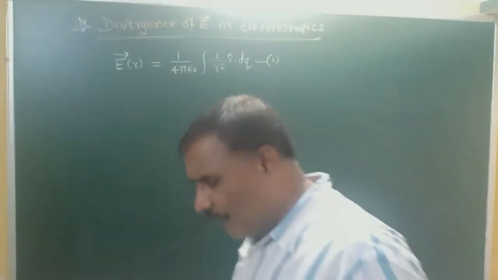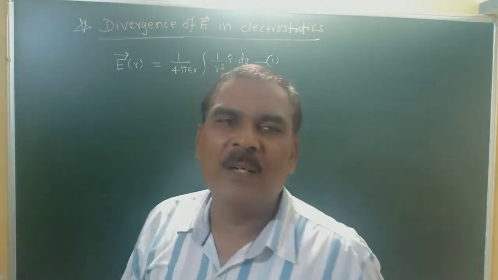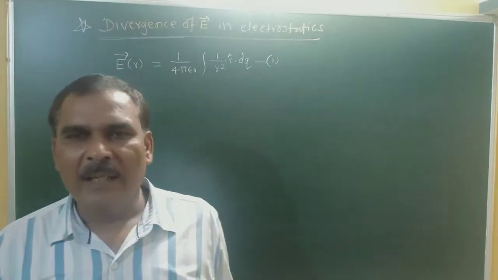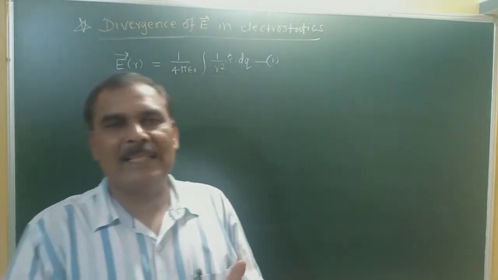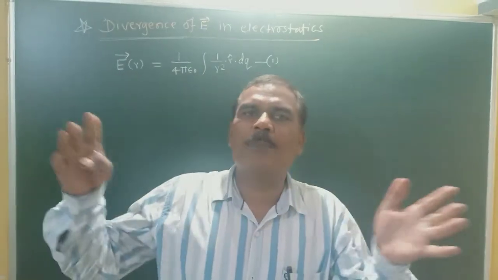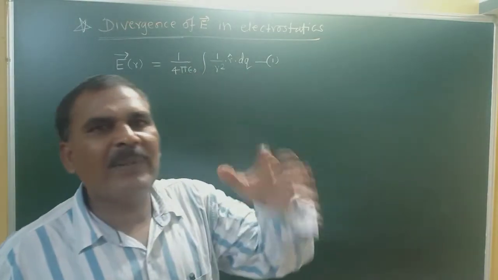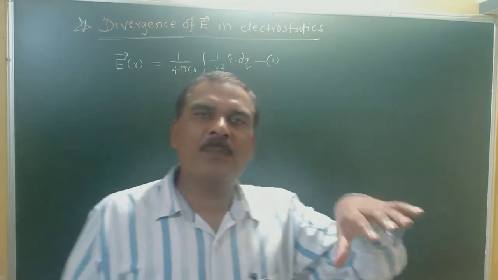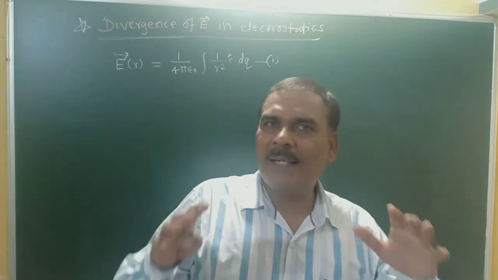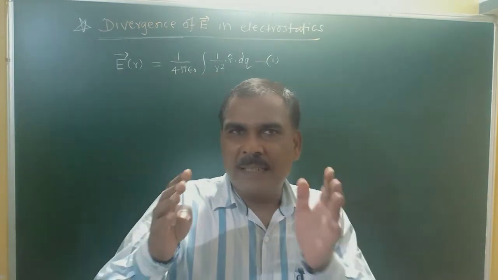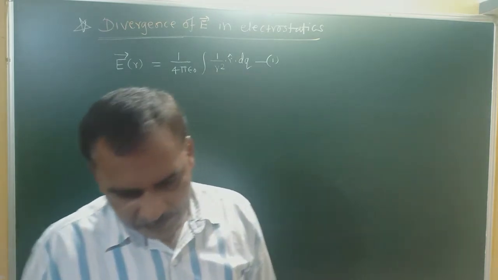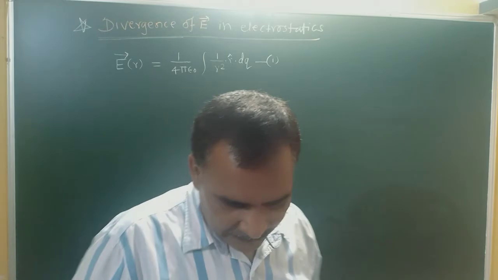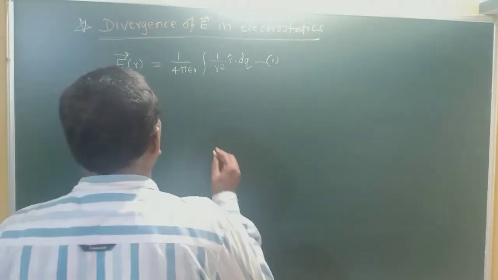Now, for calculating the divergence we have to know what is a charge density. In 11th and 12th standard we studied linear density, that is charge per unit length, surface density, that is charge per unit area, and volume density, that is charge per unit volume. Here we have to know that a charge density rho is given by